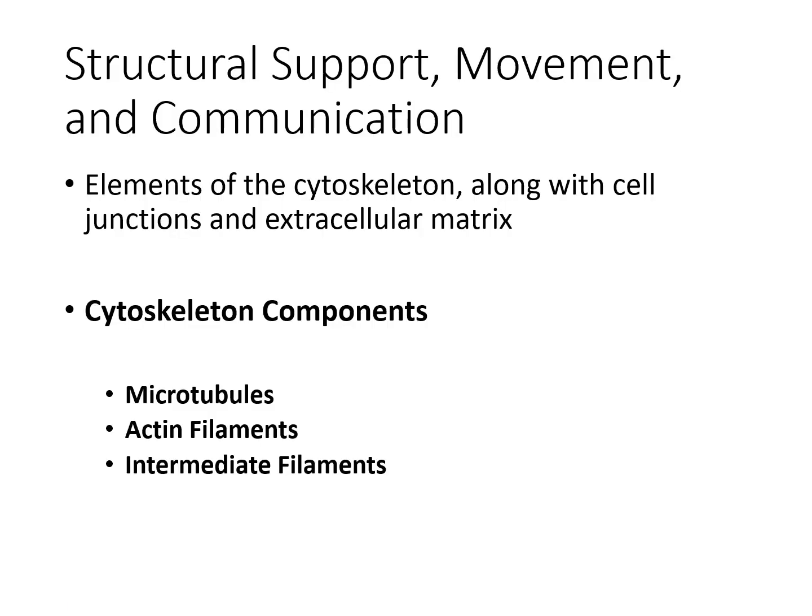We've already reviewed how cells manufacture and break down molecules, and how they process energy. Now let's look at the third and final major process we're going to talk about: structural support, movement, and communication. This is made possible by the cytoskeleton, along with structures like cell junctions and the extracellular matrix. These not only give the cell shape and stability, they also play a role in how cells interact with their